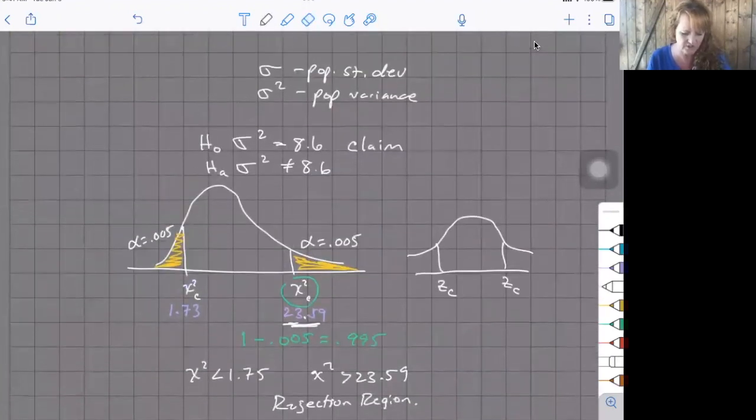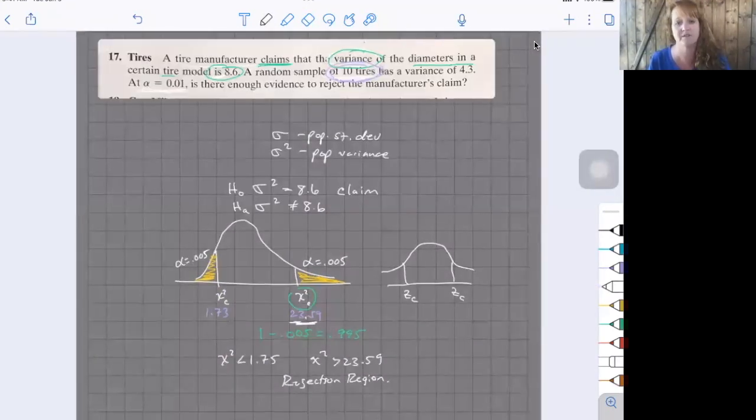After we find our critical values, we're ready to run the hypothesis test. And the other difference between a chi-squared and the others is that neither calculator actually has a hypothesis test for chi-squared. So we have to do this by hand. So there's a formula, okay? The formula